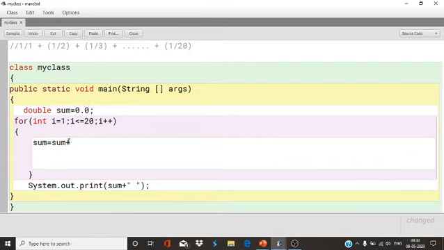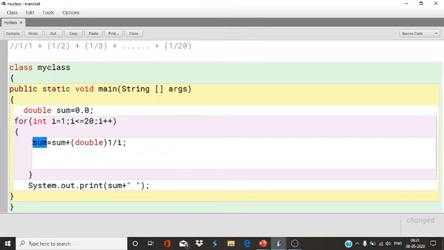One by i. Now how you will use this one by i? If you write one by i, and if you convert this into double, then what will happen? See the first term 1 by 1. Second, when the value of i will be 2, so 1 by 2, then 1 by 3, 1 by 4, up to 1 by 20.